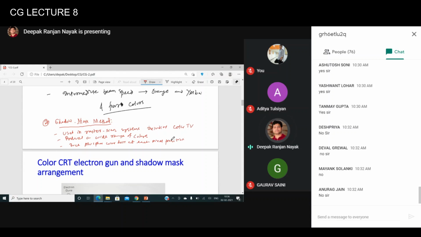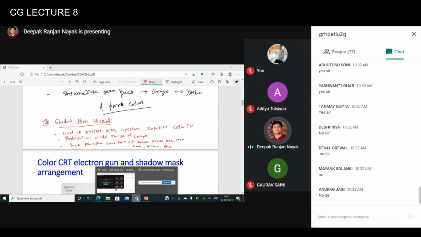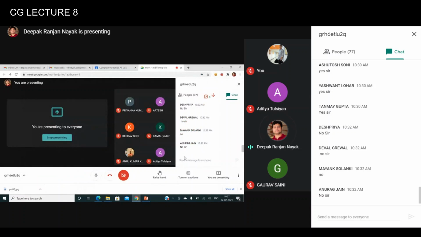Okay, and every phosphor dot emits one light. One is for red, one is for green, and one is for blue. Fine. And that is why, as I discussed, in case of color monitors, how many electron guns are generally used in color CRT monitors, and what are those?